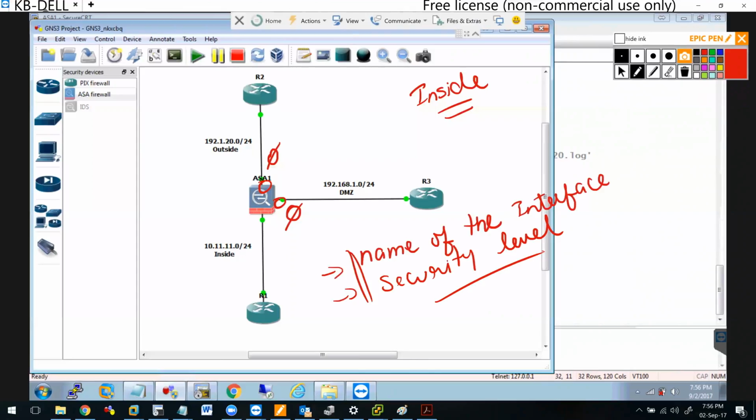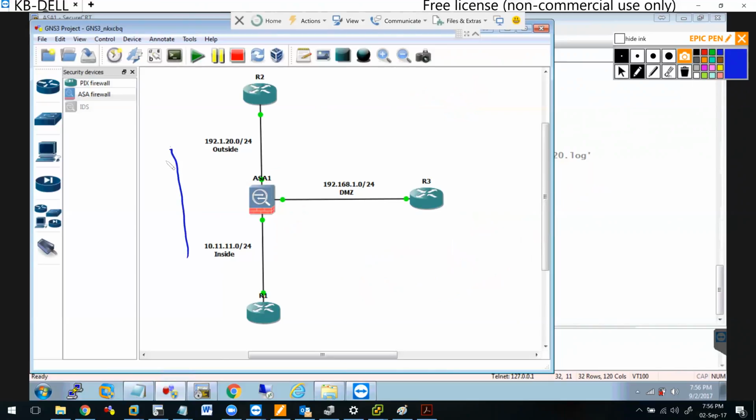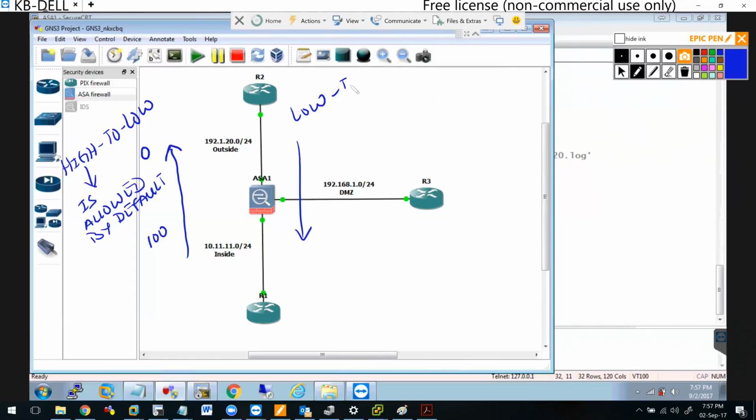Now, if you name your interface as inside and the interface was a blank interface, it sets the security level to 100, the highest. Any other name besides the name inside will set the security level to 0. What's the significance of the security level? On a firewall, any traffic that goes from a security level which is higher to lower is allowed by default. Low to high is blocked. So high to low is allowed by default. Low to high is blocked by default. I'm just talking about the default characteristics